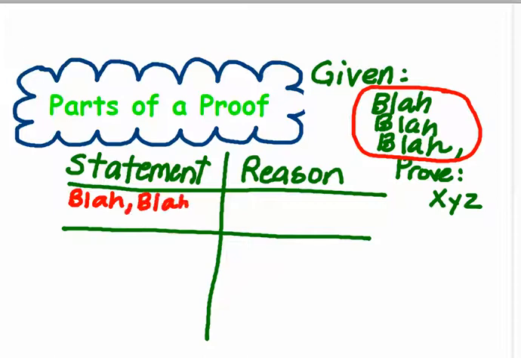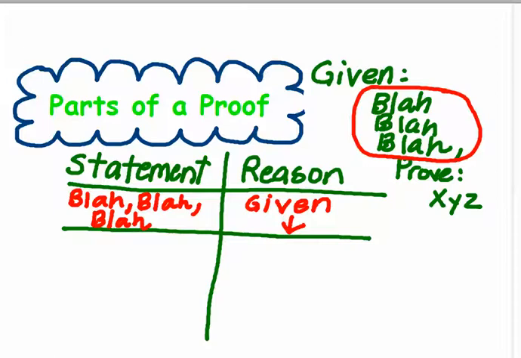Some people, including me, like to write one line for each. It doesn't really matter. They're both correct. But for the reason for all of this, this is the great part. You just say given. That's it. It's like given to you as a gift. Something was given to you, and you don't have to justify why you put it there